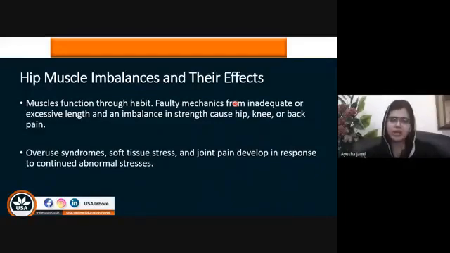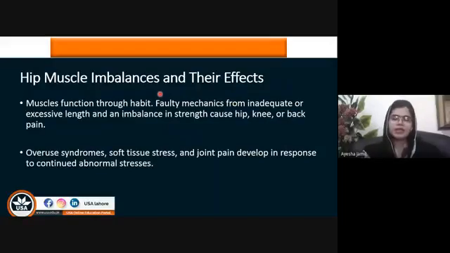Whenever there is anteversion, there will be genu valgum, and whenever there is retroversion, there will be genu varum, resulting in out-toeing and in-toeing, flat foot or arched foot. So the abnormal structural relationship at the hip joint not only affects the lower extremity but also affects the spine as well. This is how the disturbed structural and functional relationship in one region can affect the structure and function of the other region as well.